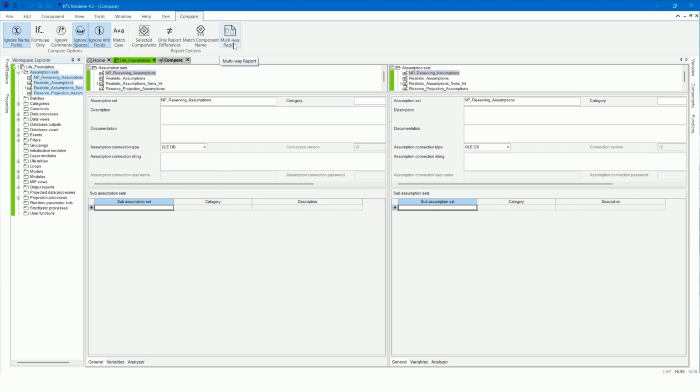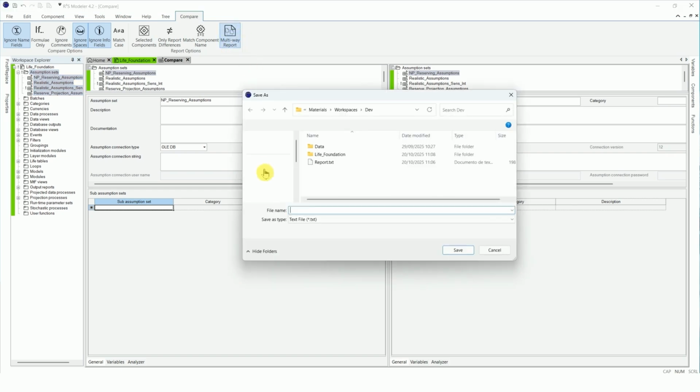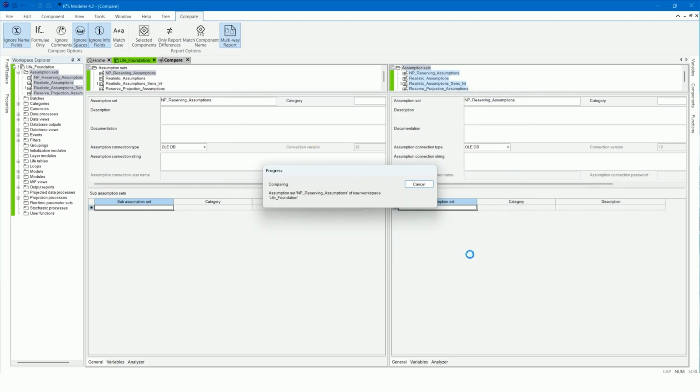Select Multi-Way Report, and then a location on the C drive to store the report as a .txt file.